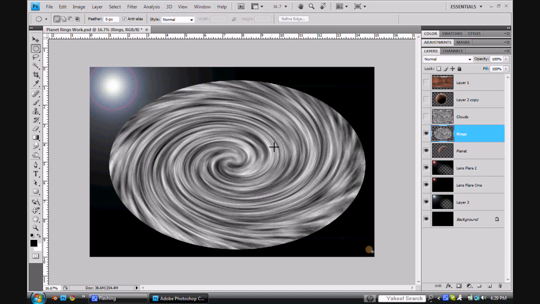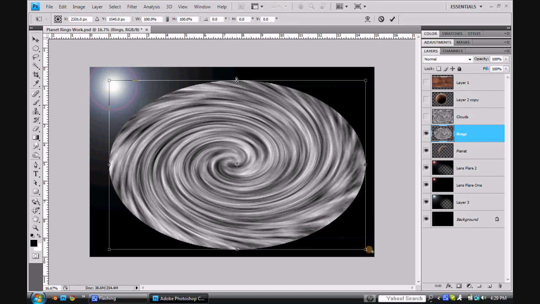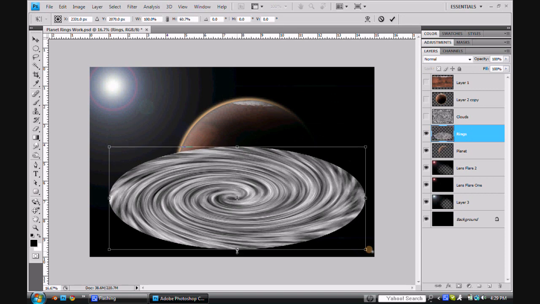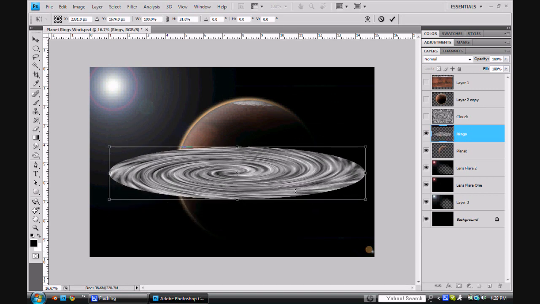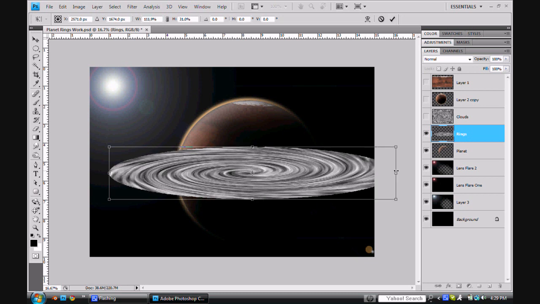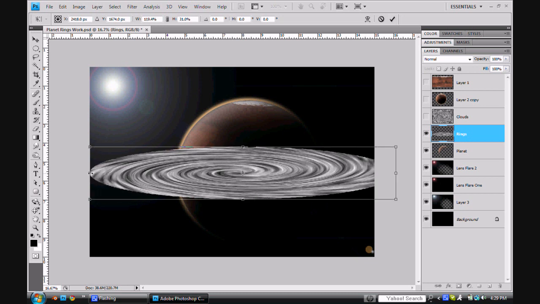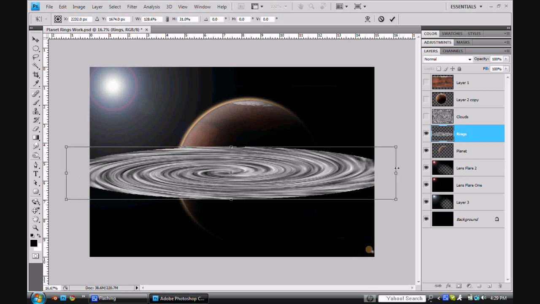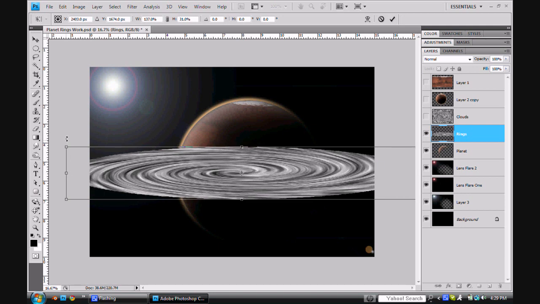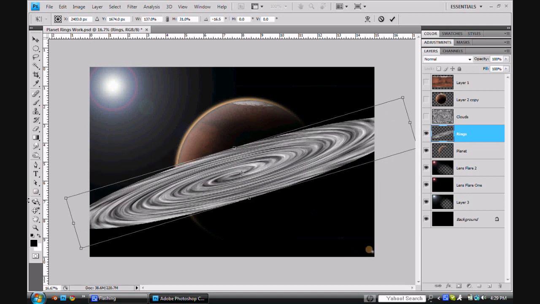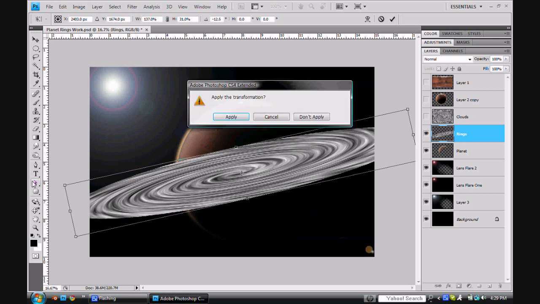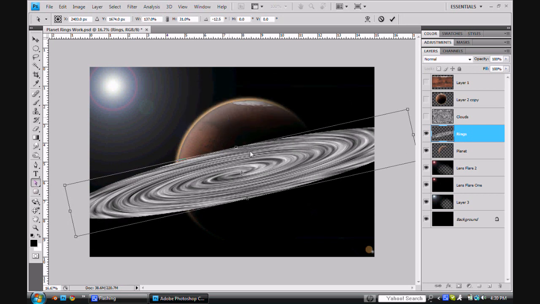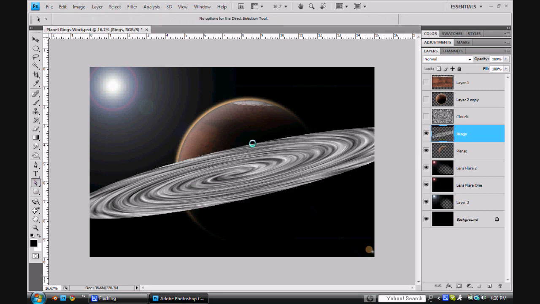Cool. So now you're going to Control T to transform it, and you're going to bend it like this and try to get it to about the right size for what the planet would be needing. I'm not sure exactly what this planet would need, but something like that maybe? Then you can apply the transformation. And so once you get that done, then you're going to hit the